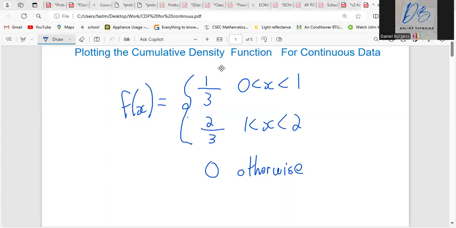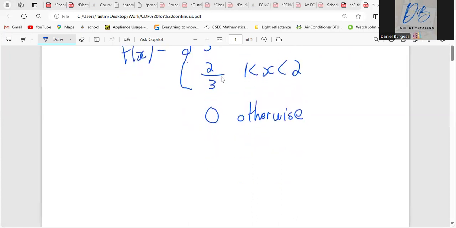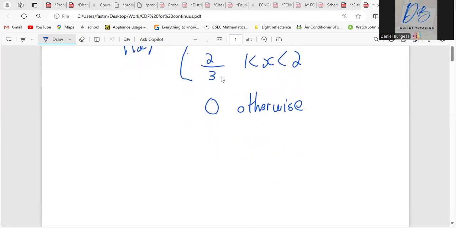Alright guys, so in this video we'll be going through how to plot the cumulative density function for continuous data. So we have a piecewise function defined by 1/3 between 0 and 1 and 2/3 between 1 and 2. So before we get to the CDF, if we were to plot the PDF, which is the probability density function,